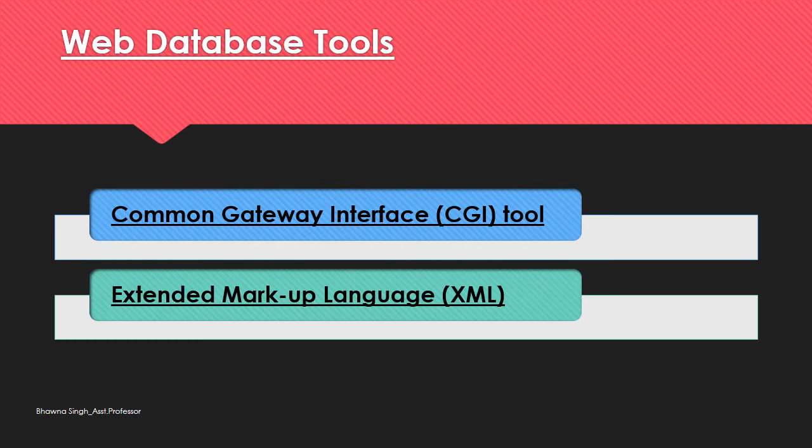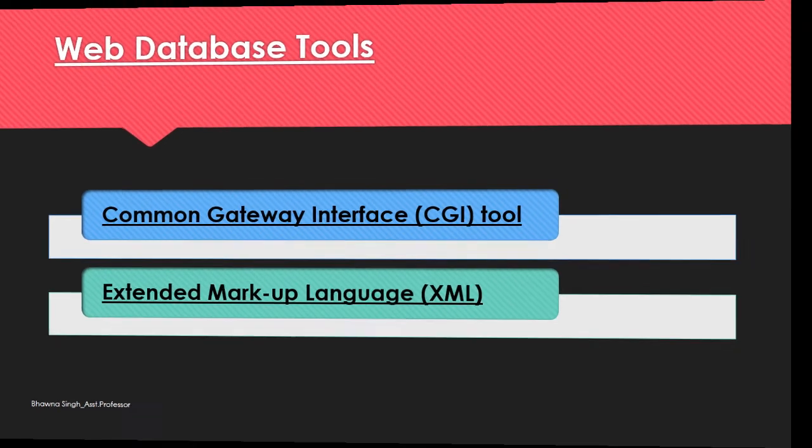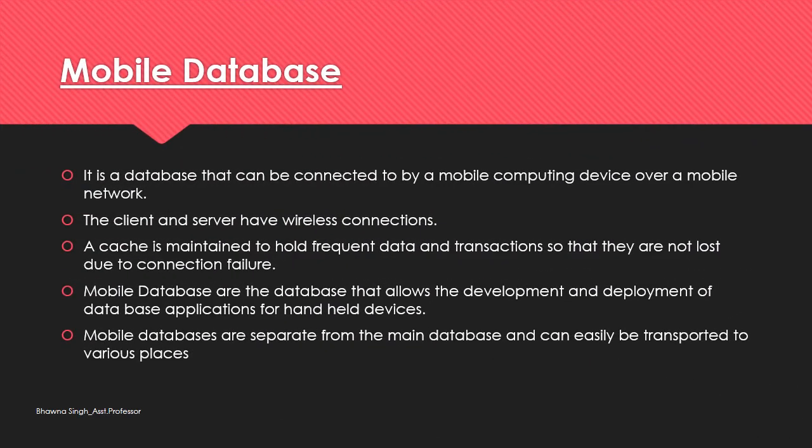Then the second tool we have is the Extensible Markup Language, that is XML. In the previous slides also we have talked about how these web based databases are created in the form of HTML pages. XML provides a facility so that we will be able to define certain tags. Like if we want to create the heading, then we use the head tag. In order to create the title, we use the title tag. So these are the basic tags that are used in describing the markup language for the documents that are containing the structured information.